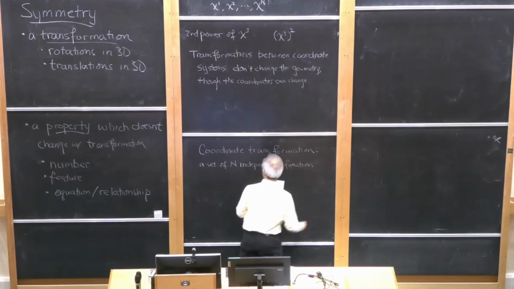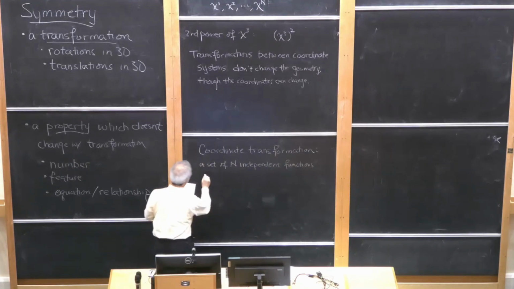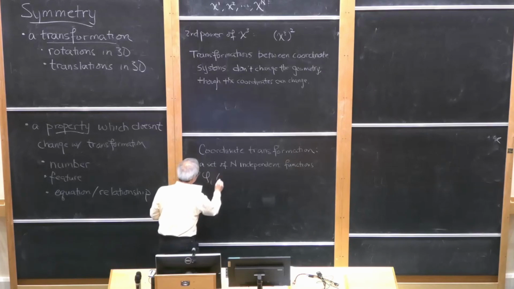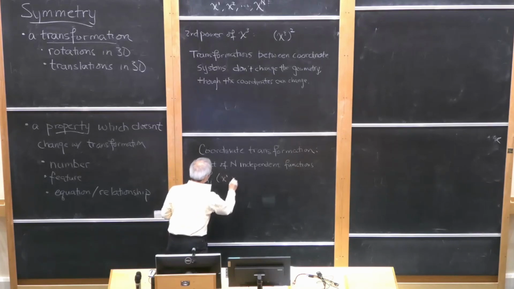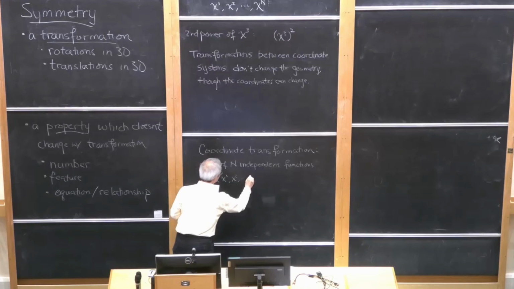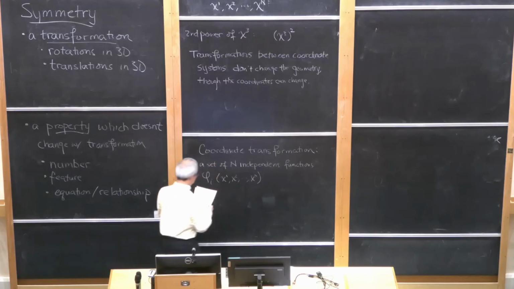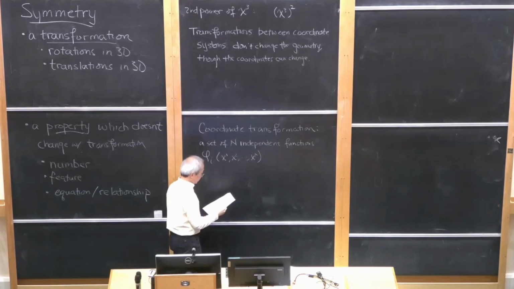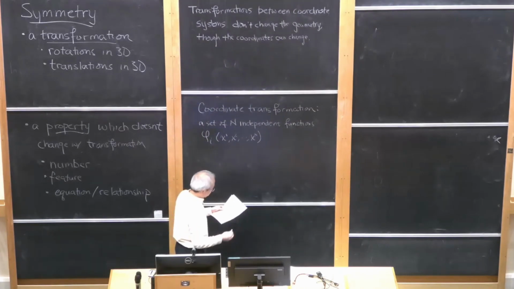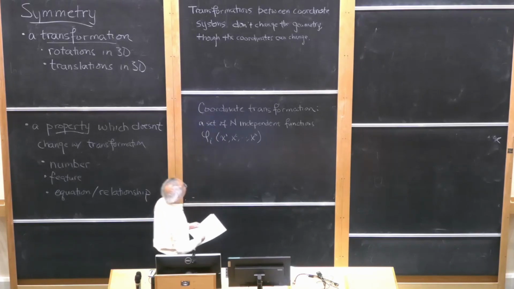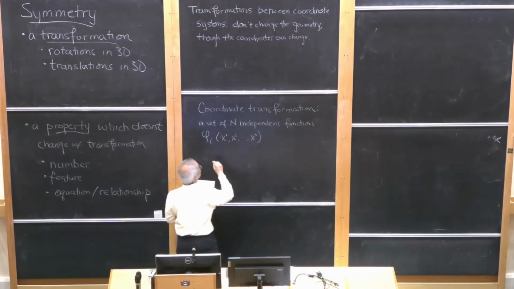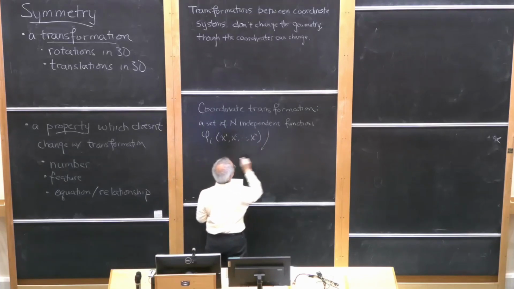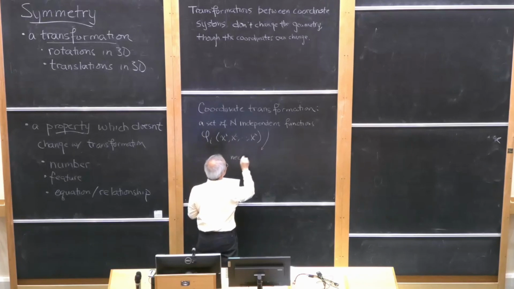We'll label that phi i, and we'll make it a function of all those coordinates. Basically that is the definition. It is the set of functions, and regarding the independence, it is necessary and sufficient